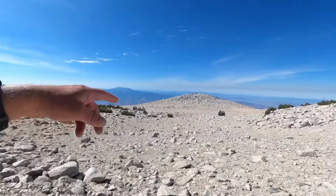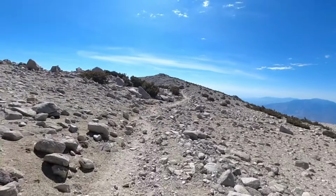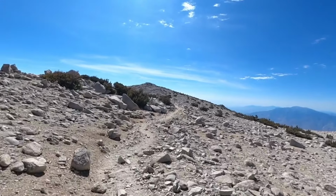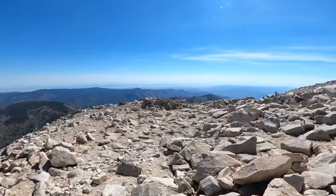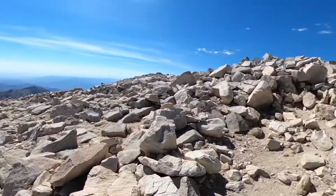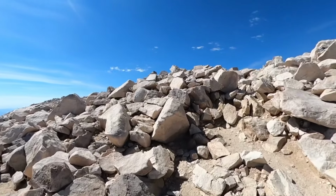Now, as you go on the stretch here, you'll see a little clearing down on the bottom there. That's the official summit campground area, and it's nice and protected and it's flat. But people also camp up at the summit as well. There's little stone shelters that act as windbreaks. You can see one straight ahead there. But when you get up to the summit, there's the Big Bear area, Sugarloaf Mountain off to the left. We're going to go up the rocks on the right to the actual summit,